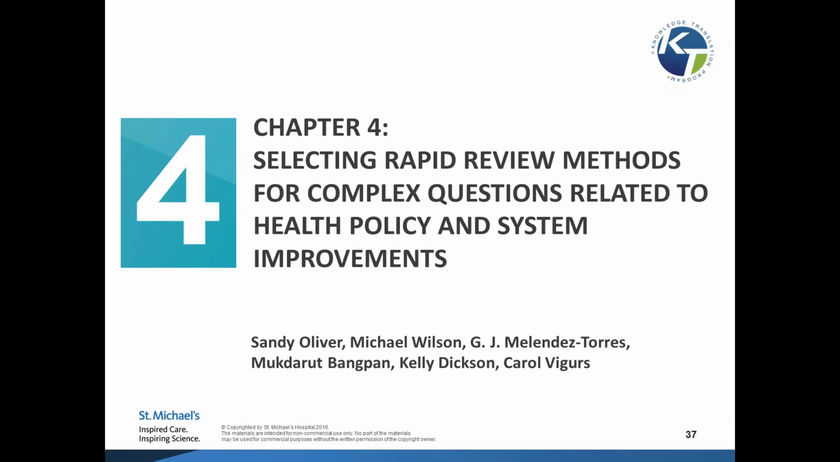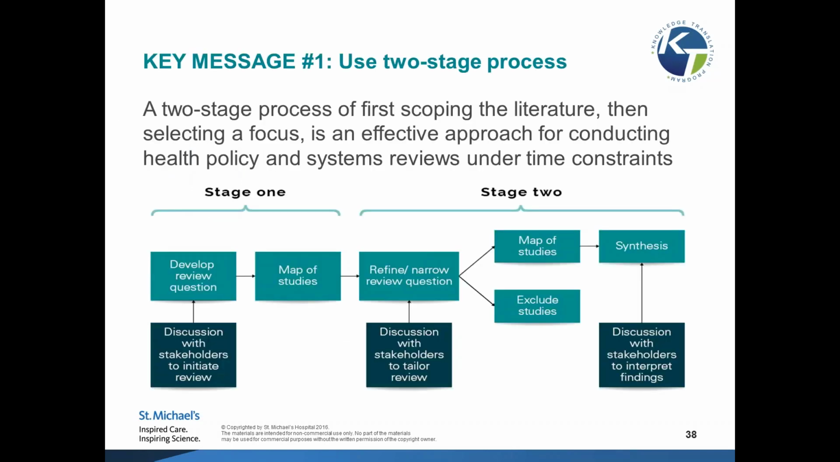So fantastic chapter again, where she was looking at how do you select the methods, especially when we're working with complex questions in health policy and system improvements. So sometimes this two-stage process really helps, and we do this quite a bit. So we scope the literature and we go back and forth. It's very iterative at the start with our knowledge users, right? So we're scoping them, we're mapping things out,